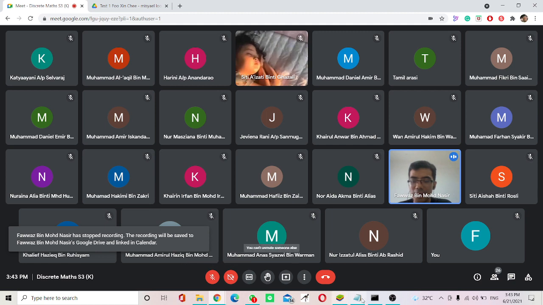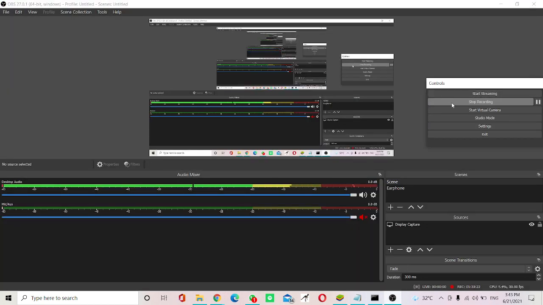Korang ada satu lagi quiz. Saya akan cuba arrange untuk buat quiz tu